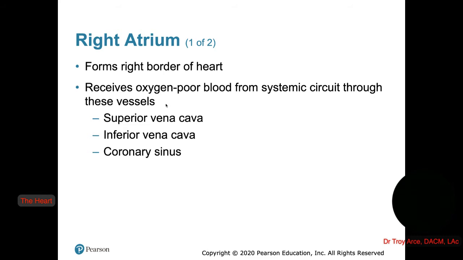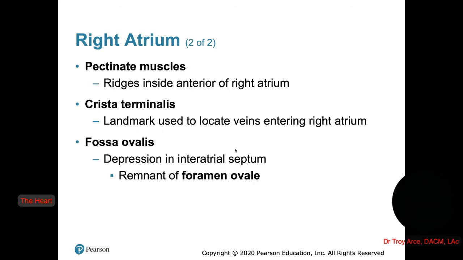So the coronary sinus actually has to bring back deoxygenated blood from the heart tissue itself and bring it into where? The right atrium. Test question. The right atrium,